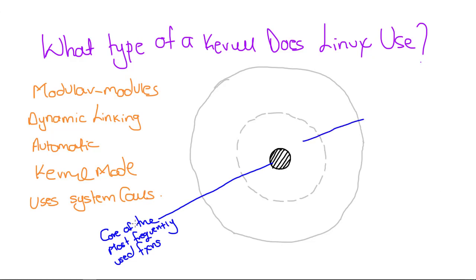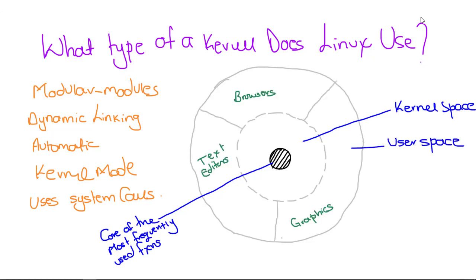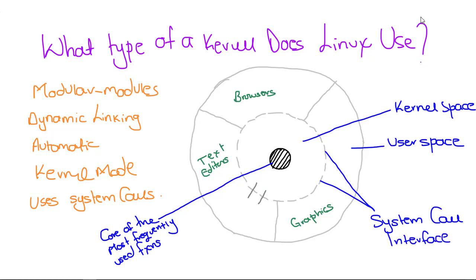This region here represents the kernel space, where we have the single address space. And out here we have the user space, where things like browsers, text editors, and graphics are running. This boundary represents the system call interface. It is the line of communication between user space programs and kernel space programs. In the kernel, we can have some modules loaded, like the netfilters for the firewall, network drivers, and maybe a few device drivers. This is the state of our system at the moment.